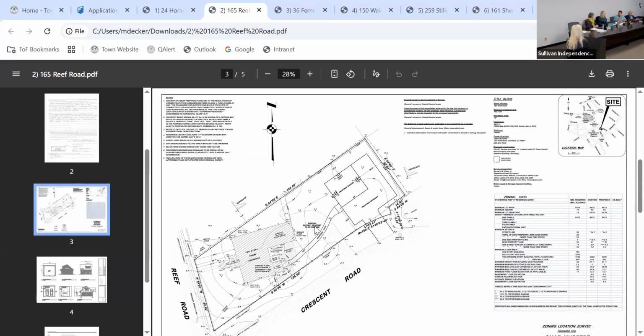Okay, Brian, you have a question? I do. I just want to clarify your statement versus the application. Your statement, you said that you're applying for a reduction in the side setback, but the written application says the street line setback. Well, it's a corner lot, but it is a side setback. It's a street line setback. Okay, street line. My apologies. That's okay. I just want to be clear that you're moving 10 feet closer to the street along with the increase in coverage. Correct. Okay. I just want to make sure that I was clear. Thank you.